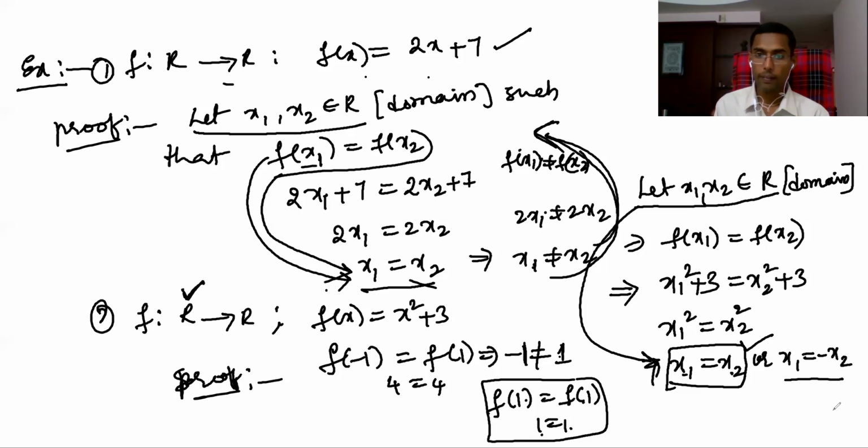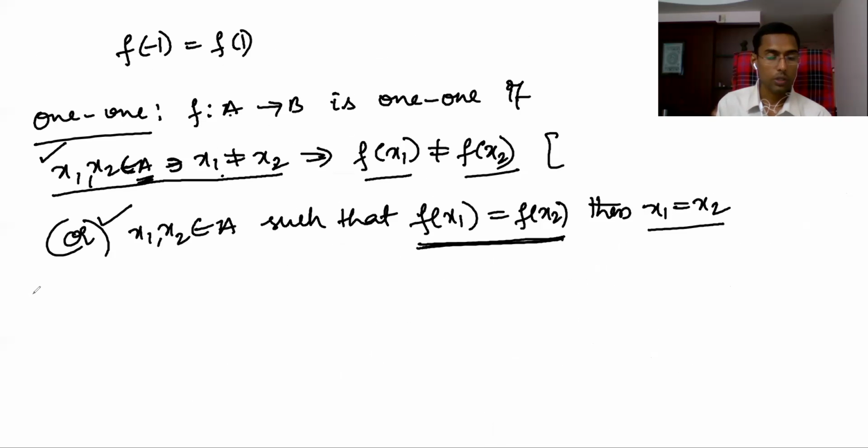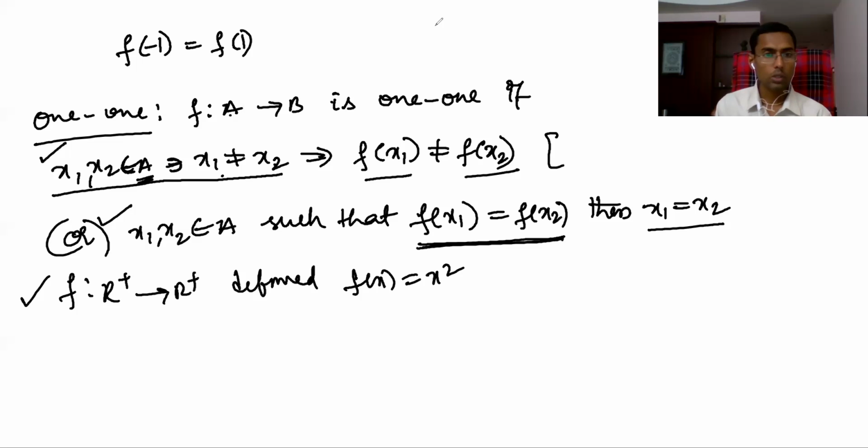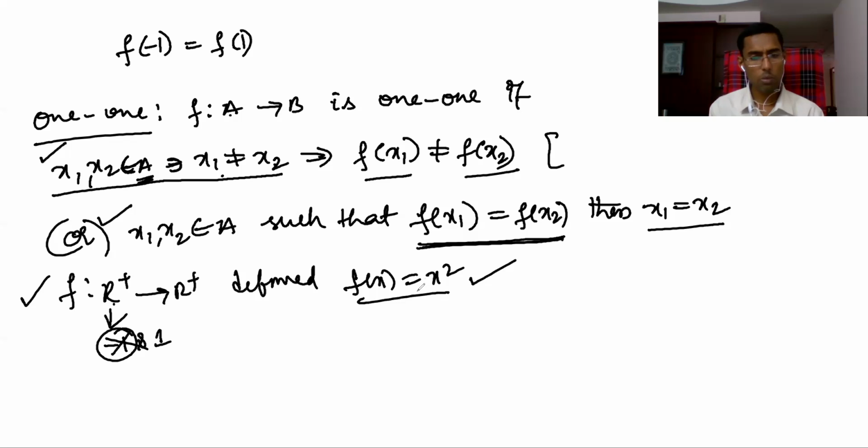Okay, right? So then onto function. Okay, right, good. So this is one-to-one because here different elements will have different images because there is no negative number. For x square, the problem comes when -1 and +1 both are there. But negative numbers are not there. When negative and positive numbers are there, then different elements will have the same image. Here only positive numbers are there. Then different elements will have different images. There is no problem.